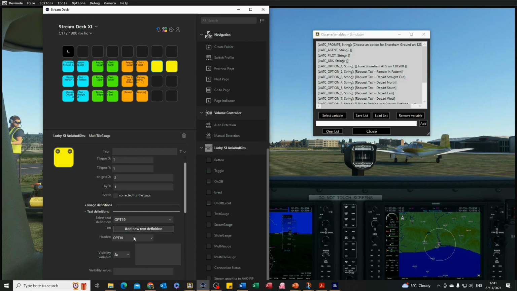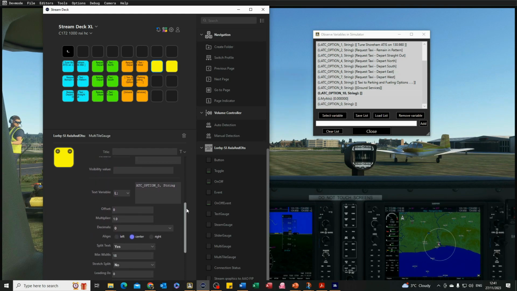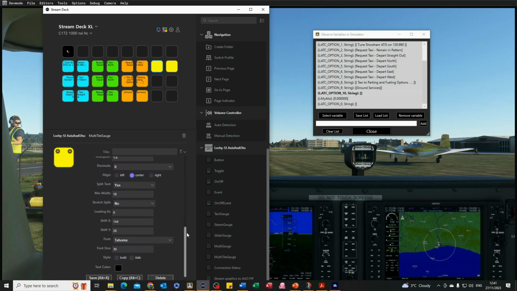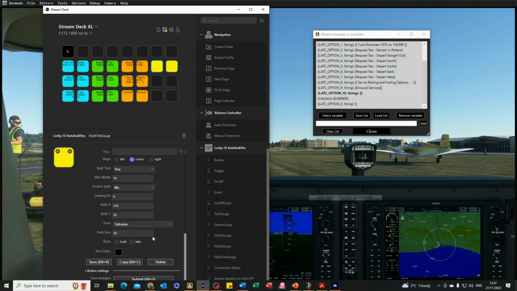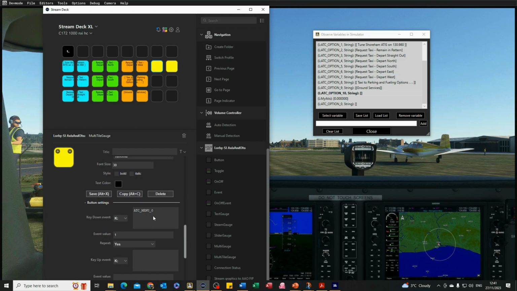Option number 10, button number 10, but actually you're looking at option 0, it uses single digits for this, so that will be looking for string at 0. There isn't actually anything in string 10 for us to display at the moment. It really only comes up when you're looking for the nearest airports. So equally with the button setting for that one, you'll be looking at ATC menu 0, and there it is,